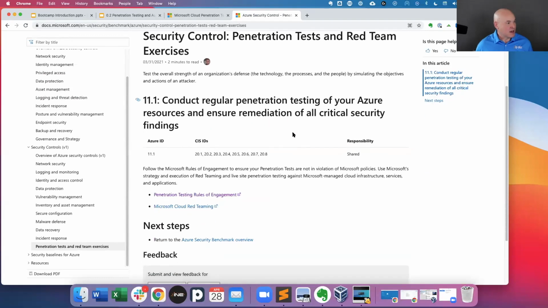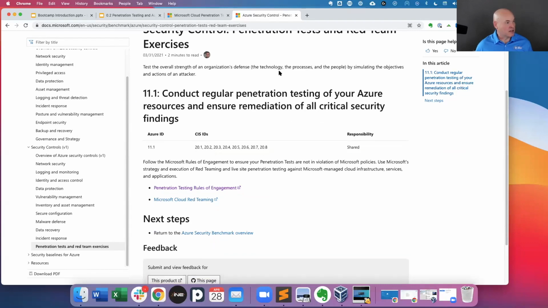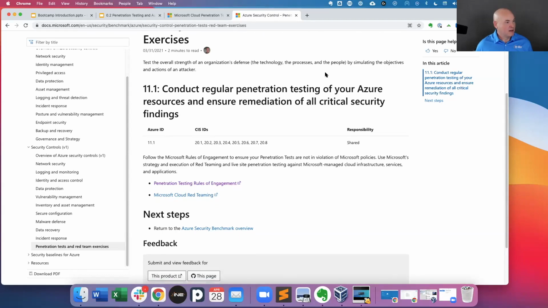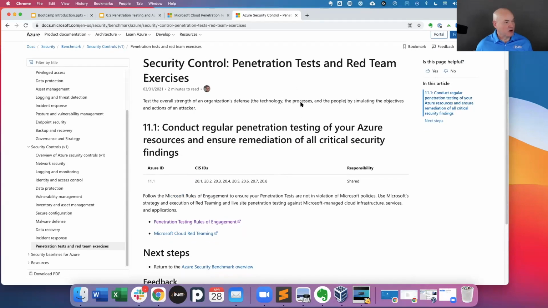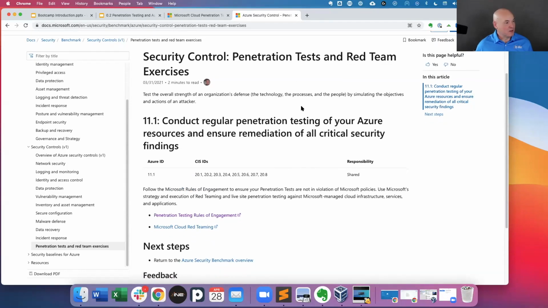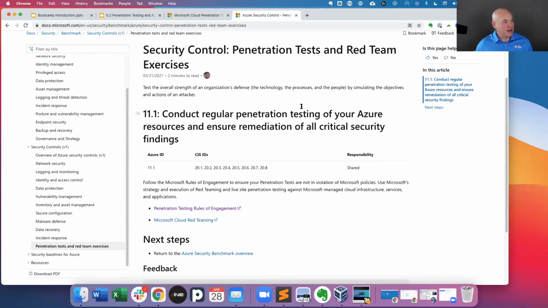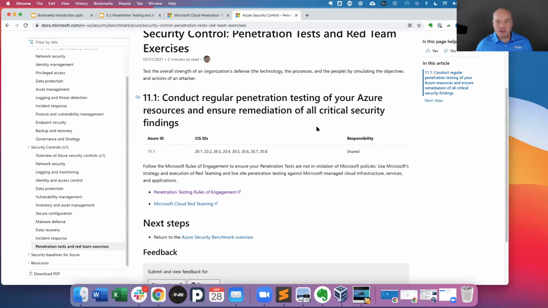And so this goes into some detail about pen testing: testing the overall strength of an organization's defense. They give their description of the technology, the process, and people by simulating the objectives. This is really a red team description, because people and processes usually aren't tested outside of a red team engagement, but they will also take into consideration how quickly someone responds to